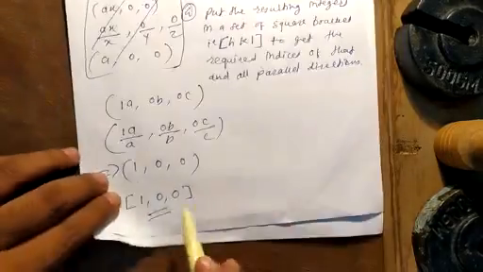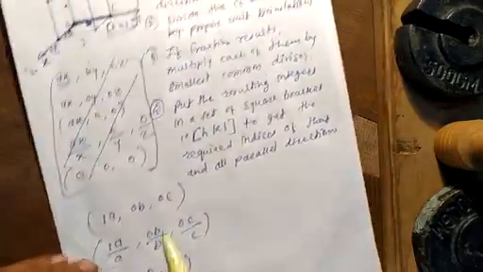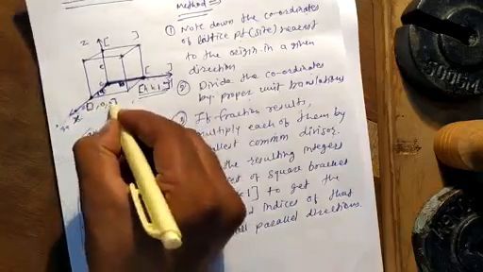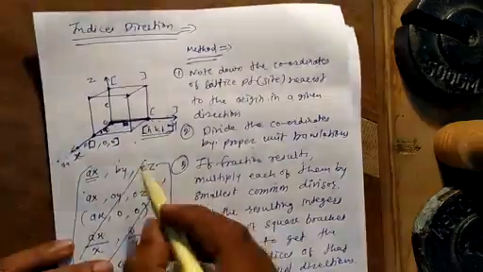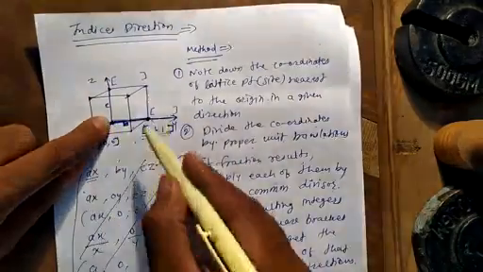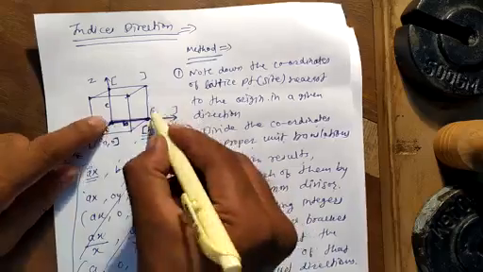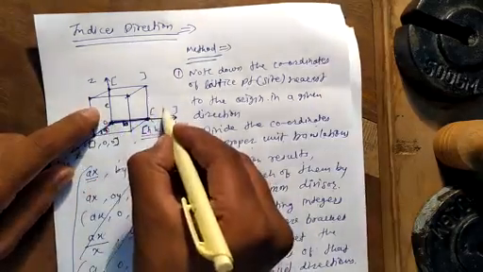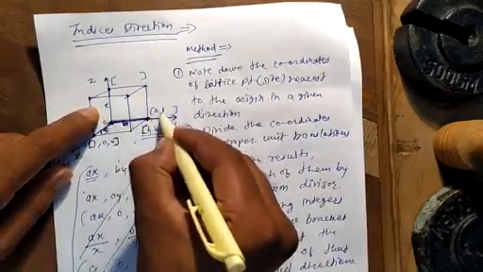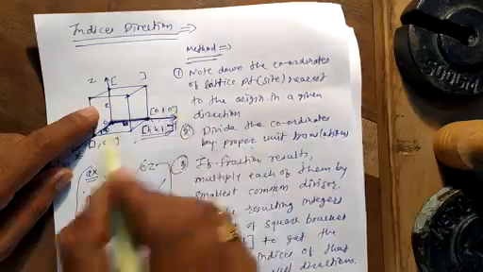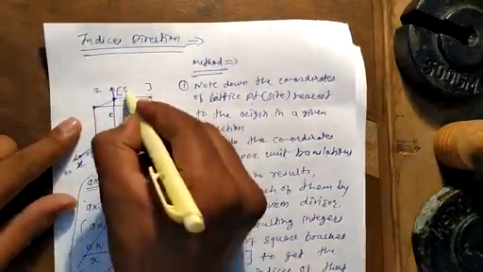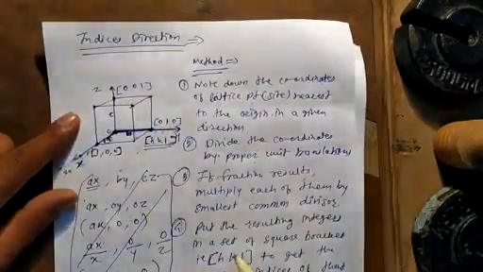Therefore in this the direction is [1, 0, 0]. Therefore put in the square bracket, that is 1, 0, 0 represents direction. Similarly, we can find out along the y-axis the direction of this lattice site, which is the y direction. Therefore it will be y is 1, x is 0, and z is 0. Similarly, along the z direction, the direction of this lattice point will be 0, 0, 1.